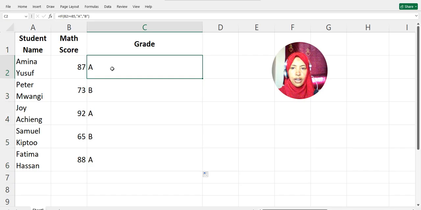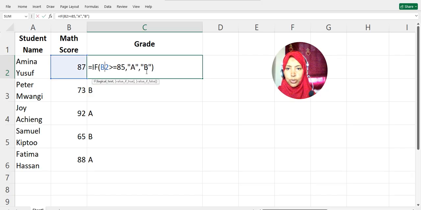But what if you have more grade ranges like A, B, C, D? In that case we can use nested if. That means we will write if inside if. Let me show you how to do that. Now if this condition is valid, give them A, but if it is not valid, another if here. So here I will erase this one and I will write another if